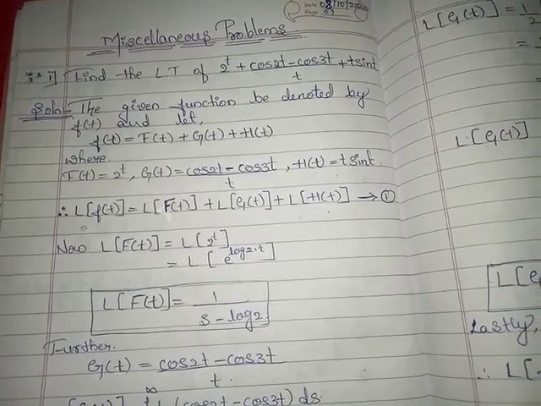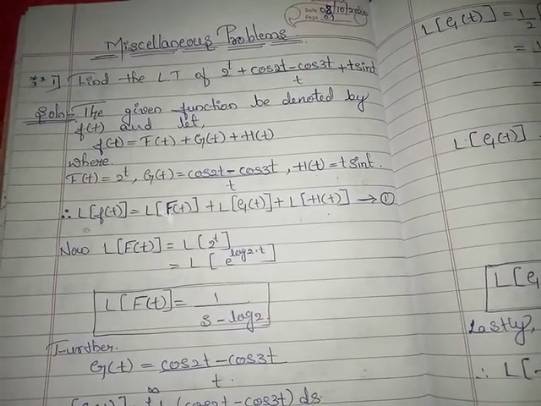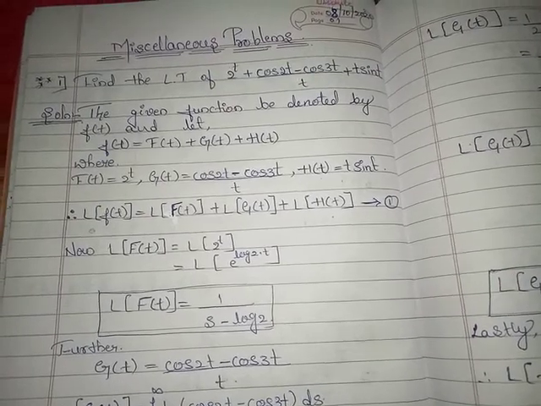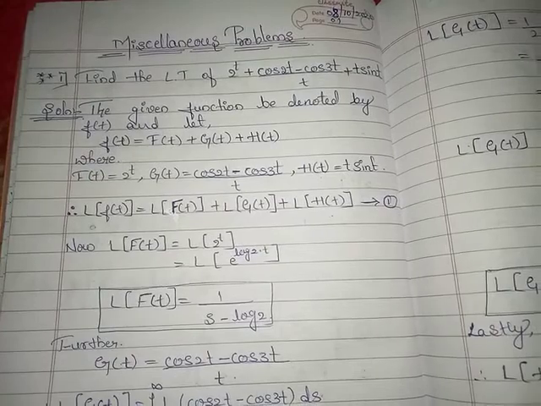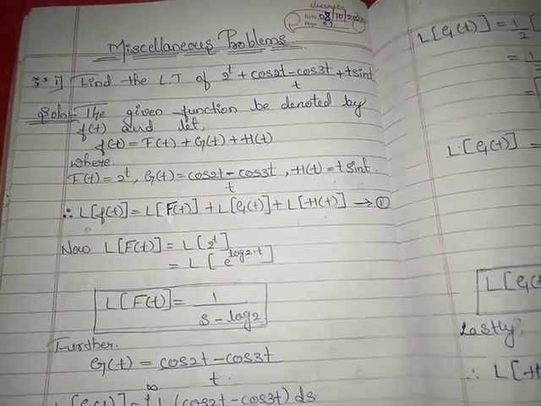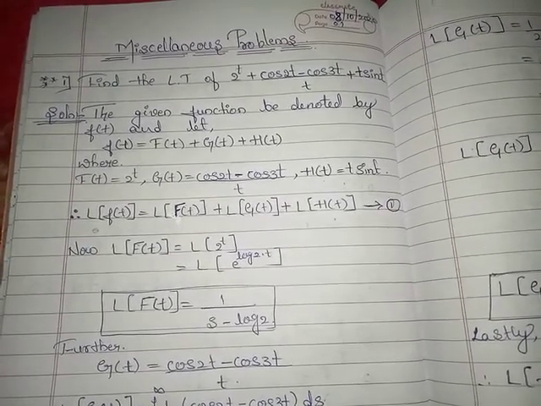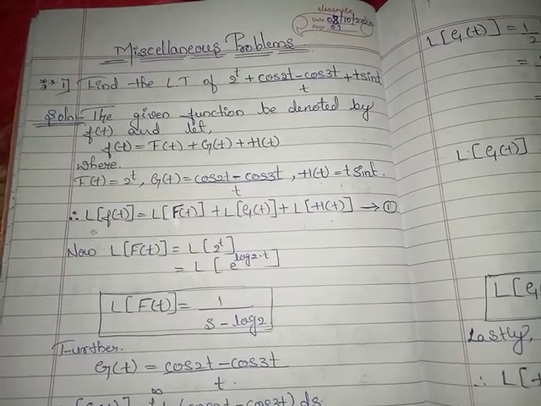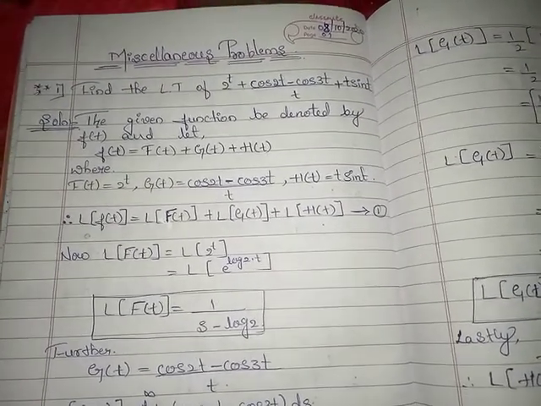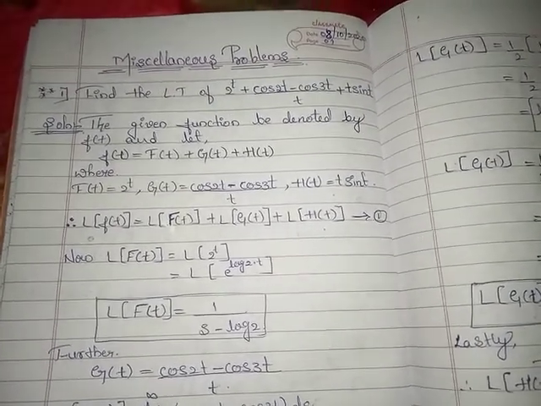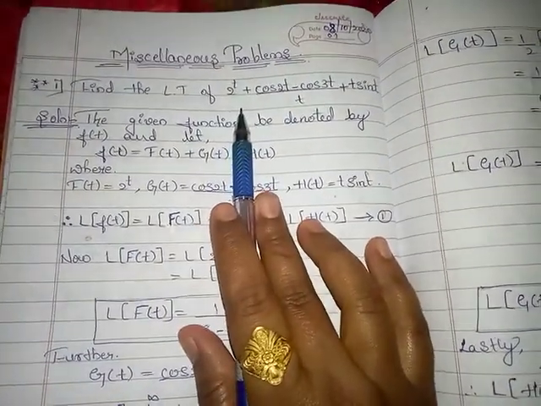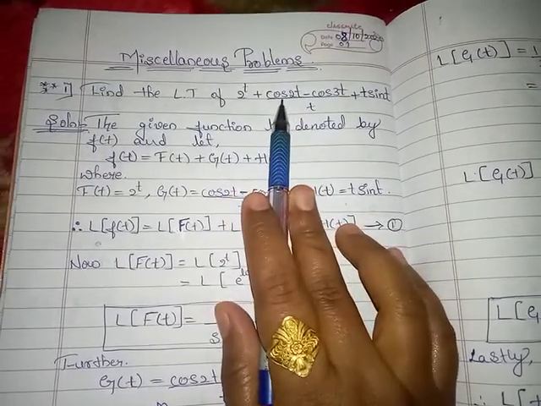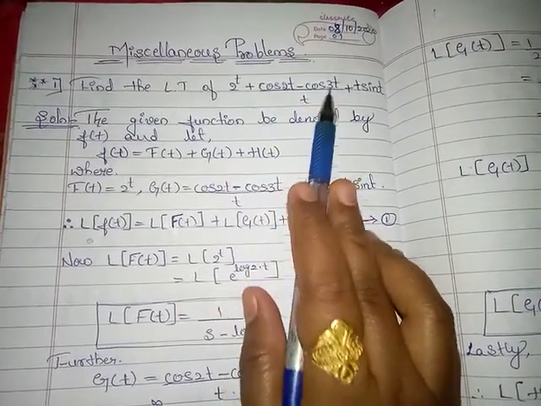Hello everyone. Today we will discuss miscellaneous problems, and these problems are not restricted to just one property. Here we have to use more than one property to find the required Laplace transform for the given function. First example is find the LT of 2 raised to t plus cos 2t minus cos 3t divided by t